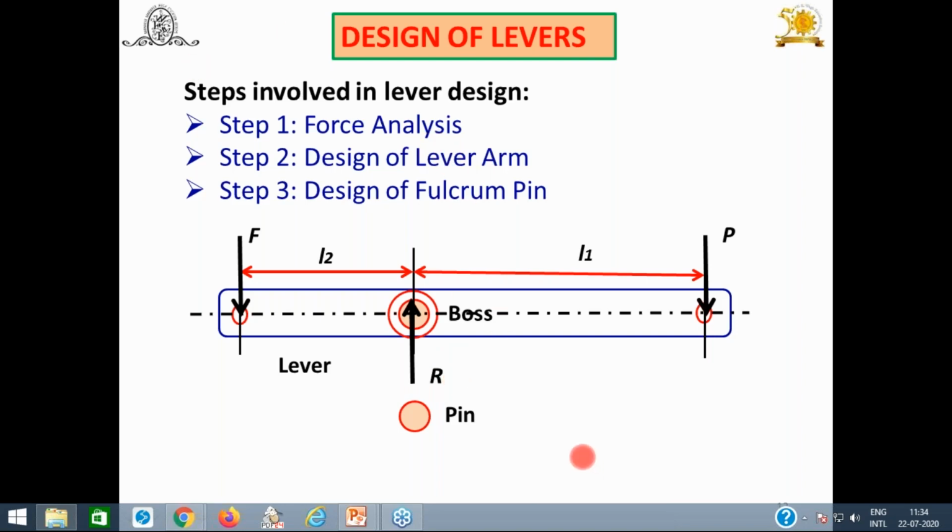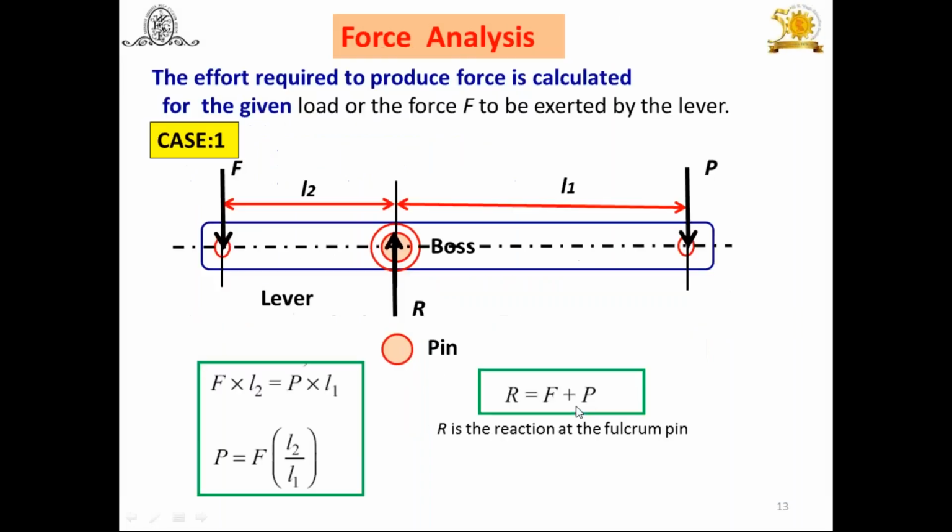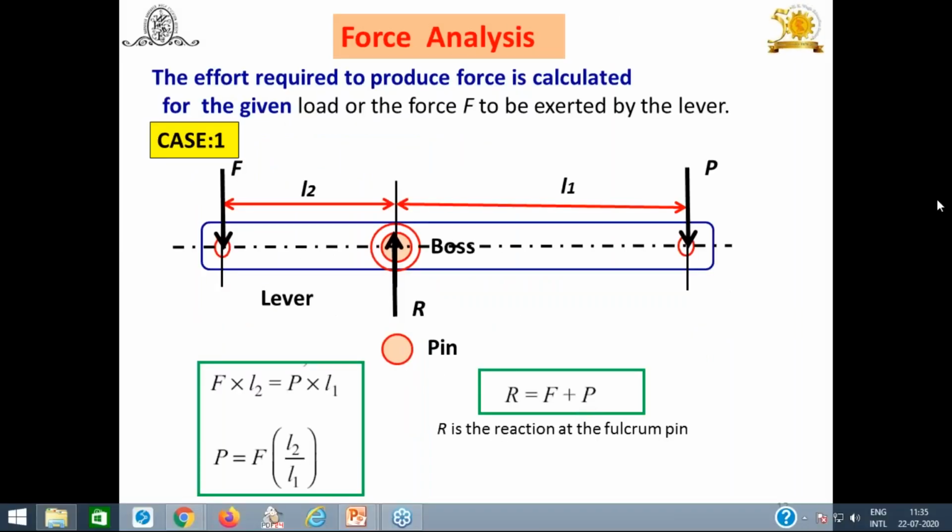Let us see in the first step. You can write the first step, that is force analysis. I would explain by using this slide. The same diagram I have constructed here. P, F, L2 is the load arm, L1 is the effort arm. The outer one is the bush part of the pivot, and the dark one inside is the pin where this lever is going to rotate. Try to understand, and here you will find the reaction.